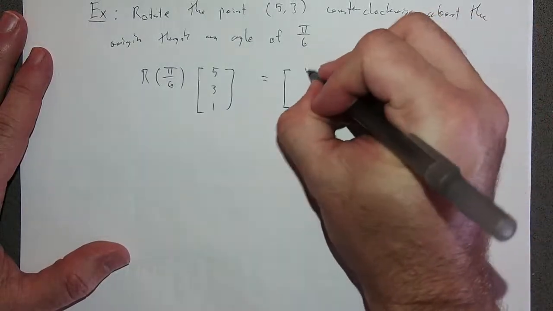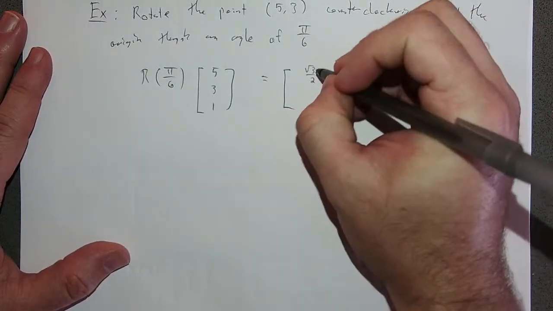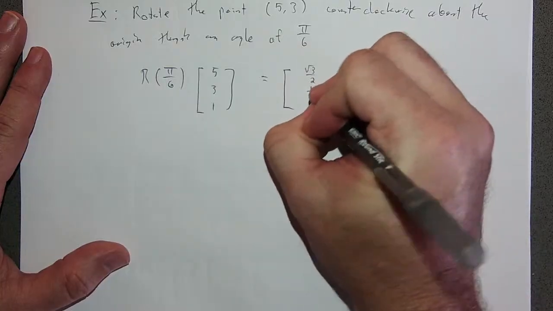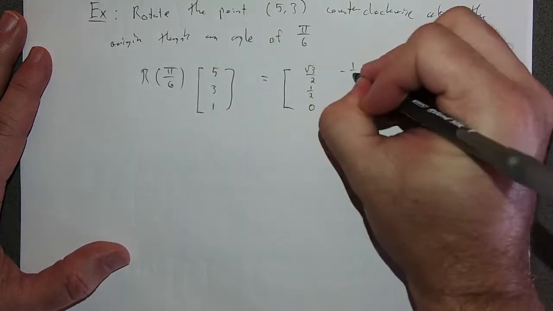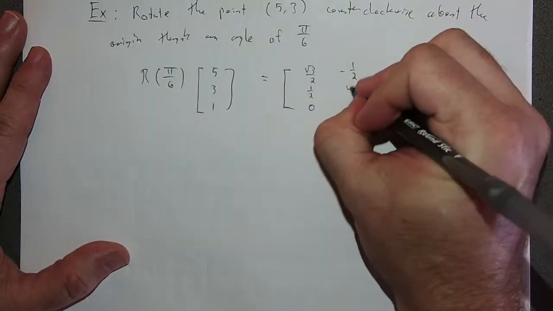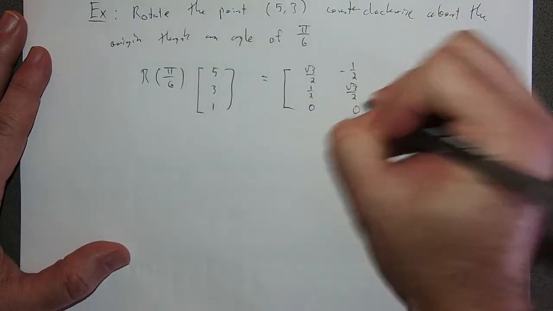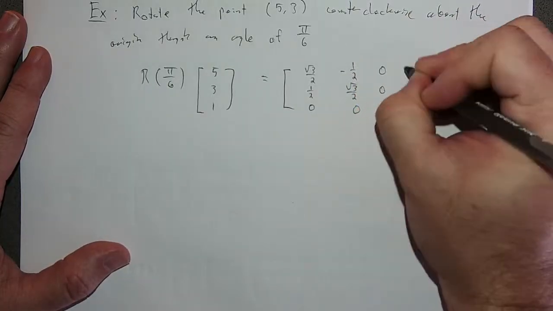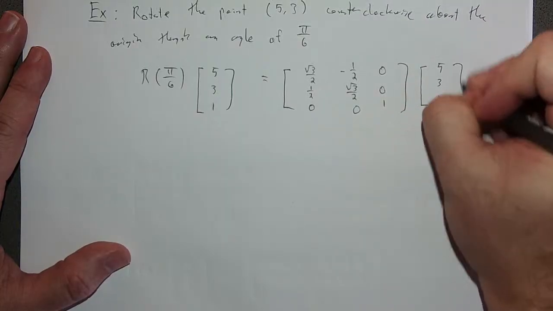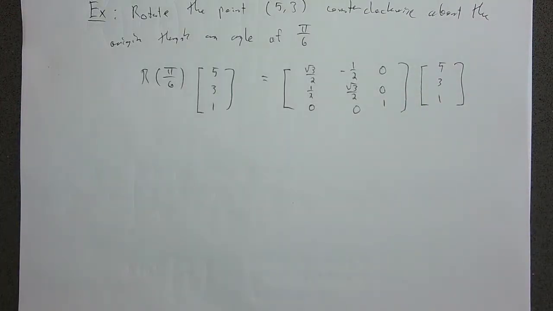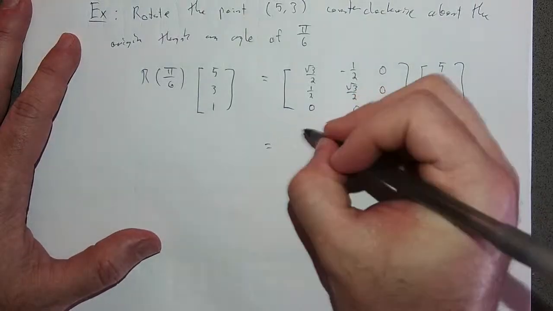So this would be root 3 over 2, 1/2, 0. The next column would be minus 1/2, root 3 over 2, 0. The last column would be 0, 0, 1, times the vector (5, 3, 1), which would give us